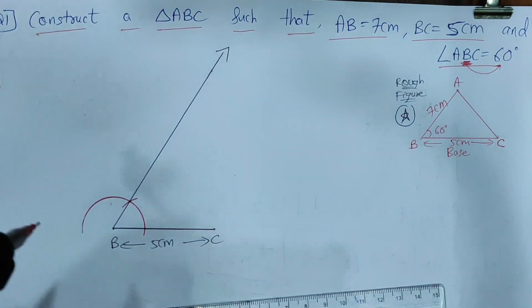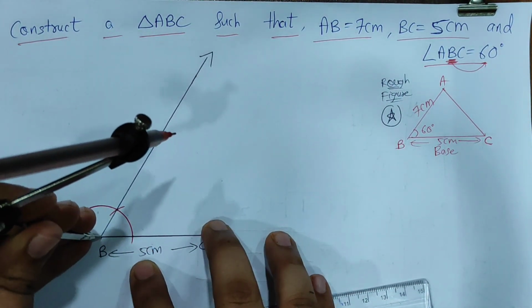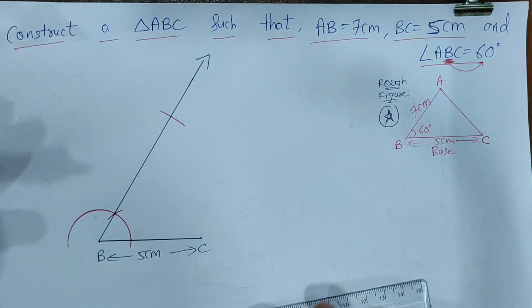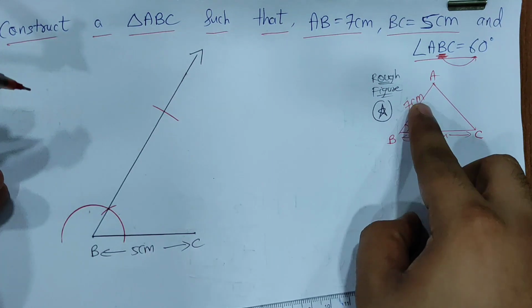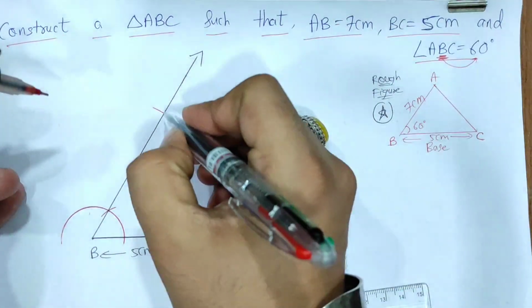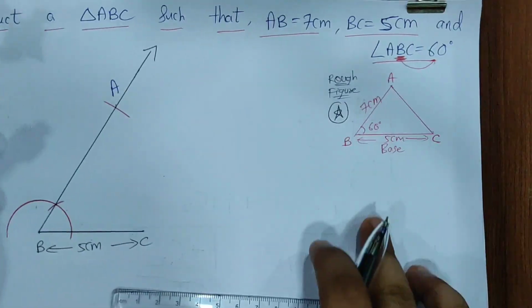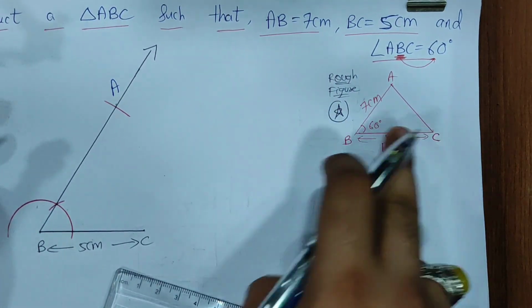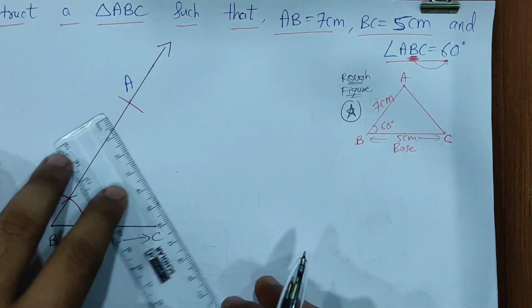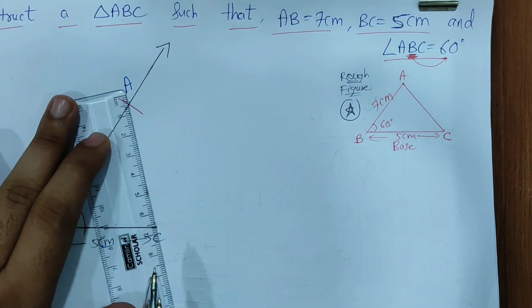So keeping at point B, I'll mark an arc over here. Okay, and from B to A, it's 7 centimeter. This point will be A. So now I will mark this point, students, what I got as A. Okay, and now AC, the measurement is not given, and we just have to join it because we have point A and point C also. So I'll just connect these two points A and C.